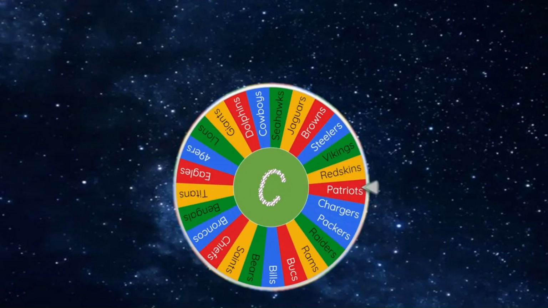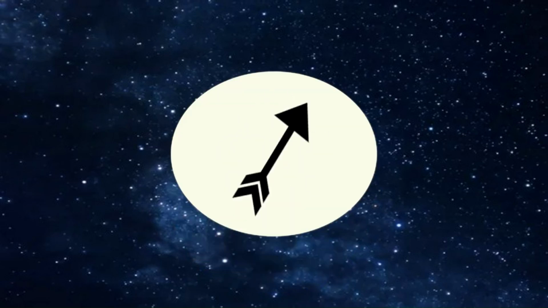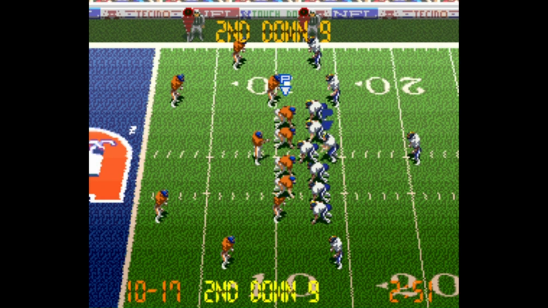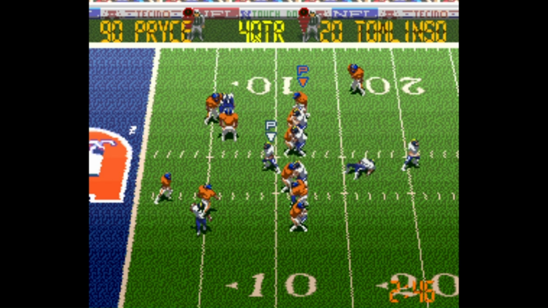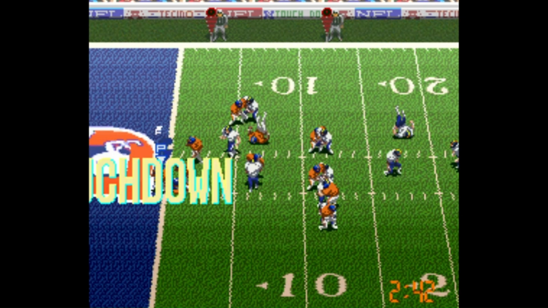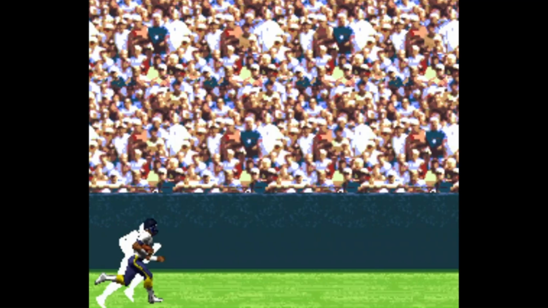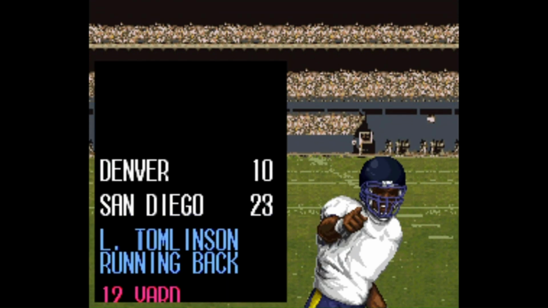It looks like the wheel might want to take us back out west. The Chargers are chosen. They're going to head east. They're going to be facing off with the team that holds the largest land right now, the Broncos. This game was tied at 10, but the Chargers have since taken control. It's now 17-10, and LaDainian Tomlinson will shoot up the middle, getting the touchdown to make it 24-10.